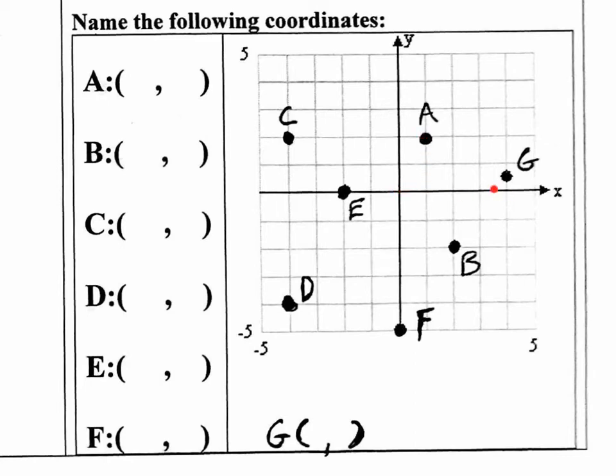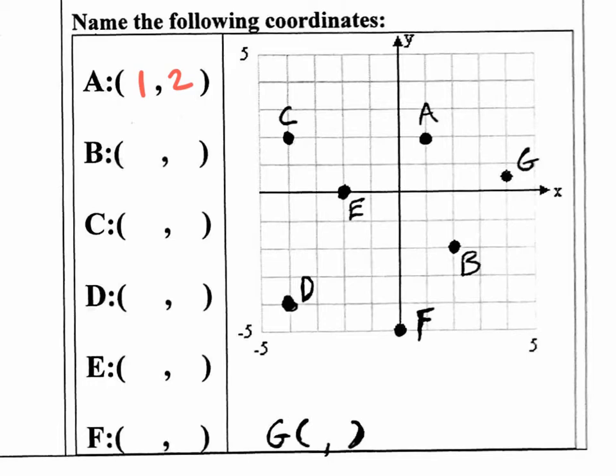Okay, now if you're thinking, but there's no numbers, I don't know, yeah, you could just count, right? This way is positive, this way is negative. Zero's right here in the middle. Up is positive, down is negative. So to get to point A from the origin, positive 1 on the x, positive 2 on the y. So positive 1, positive 2. For point B,